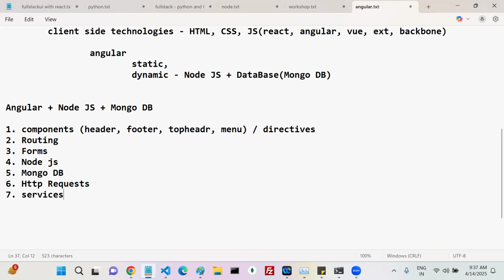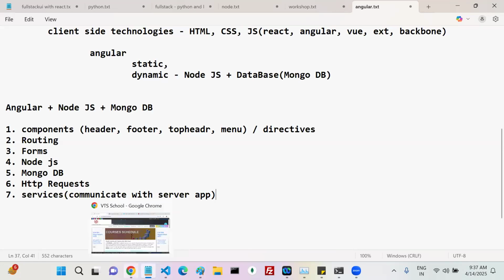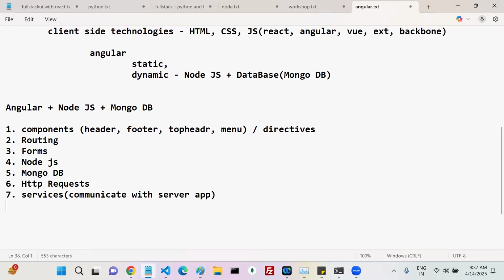Communicating with the server application is one functionality, so you can create it in one service and use that service wherever you want, how many times you want. Got my point? Understood? Okay, the next one.